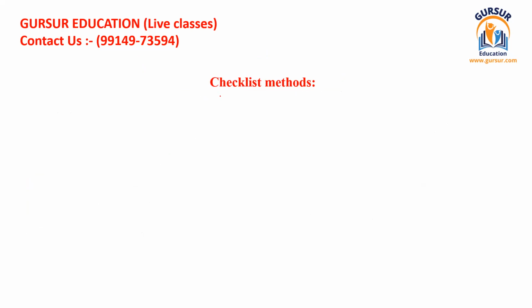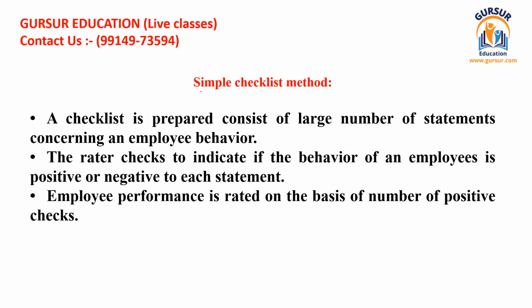The fifth one is the checklist method. Nothing has been written here because the checklist method has its own types, so now we shall move one by one through the types of checklist method. This is the simple checklist method. What happens here? A checklist is prepared. A checklist is just a printed page in which some questions are written regarding the habits or traits, and a rectangular box is appended after each question to tick on.